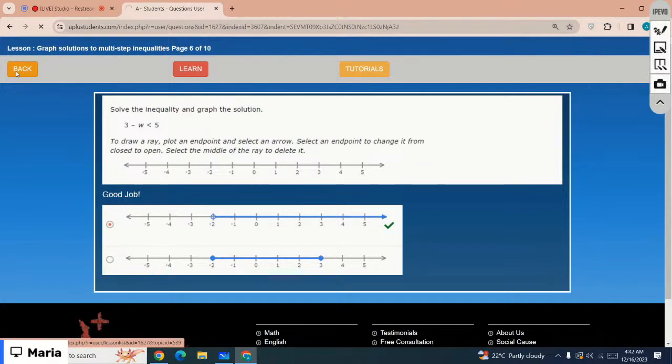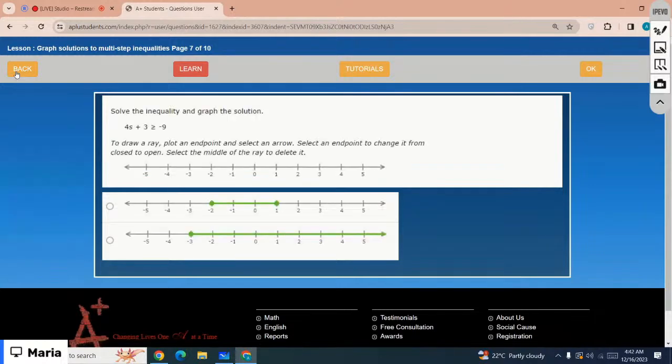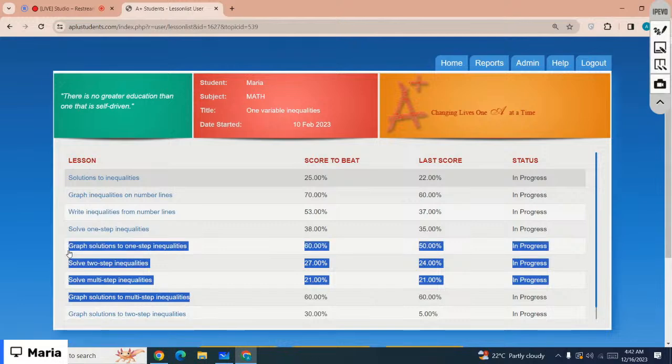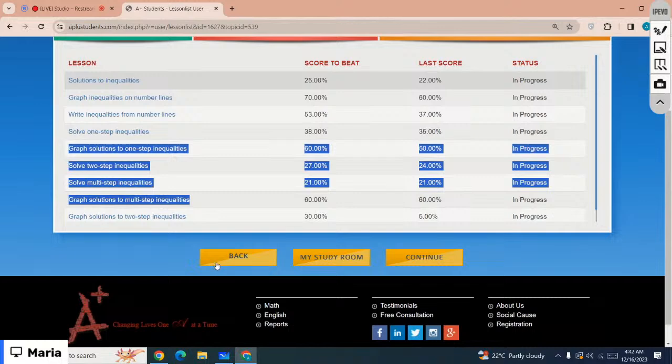So, we're working on grade 8 math. The chapter we're working on is one variable inequalities, and the lessons we have covered today are graph solutions to one step inequalities, solve two step inequalities, solve multi step inequalities, and graph solutions to multi step inequalities, right? So please make sure before the next session you complete all the practice questions for the lessons we did today. That is your homework